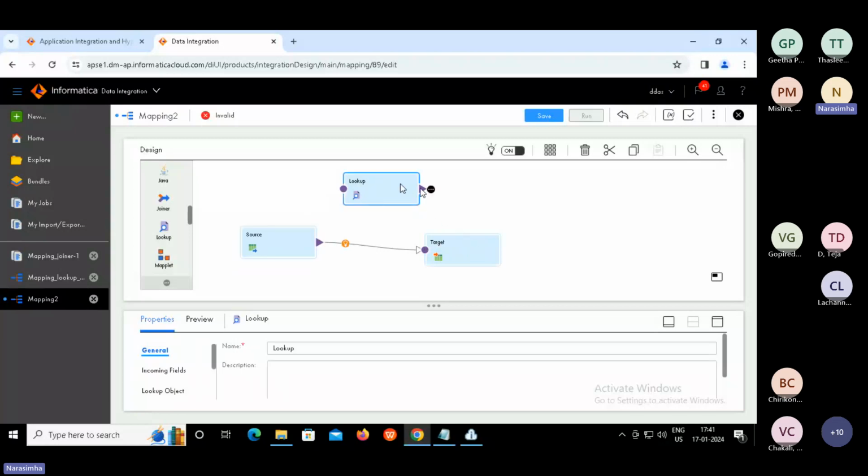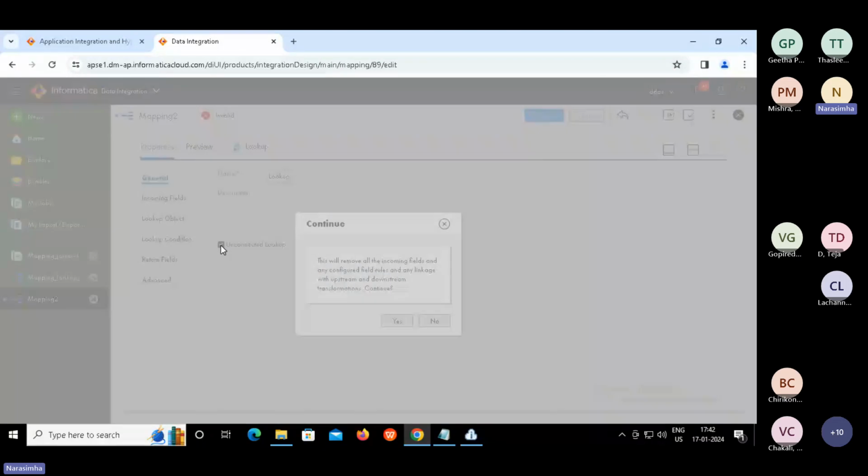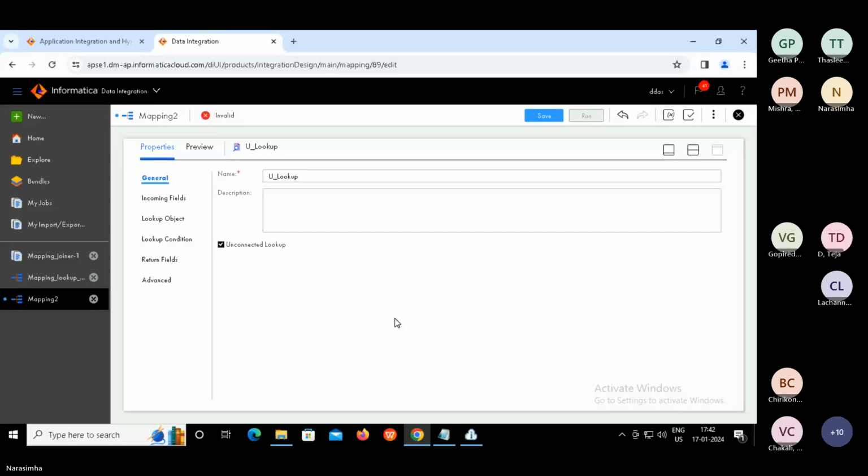Now let us configure this lookup transformation. First, go to lookup and enable the checkbox which is unconnected. That's the first step, guys. Once we are done, the name will change from lookup to u underscore lookup, which is unconnected lookup. If you want to change the name, we can do that as well.